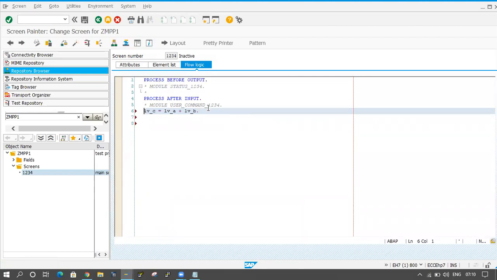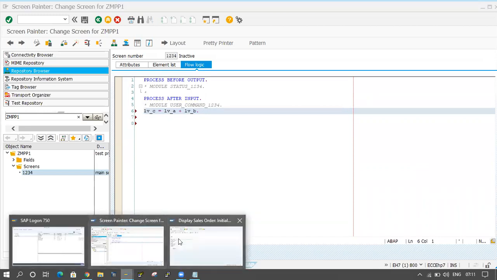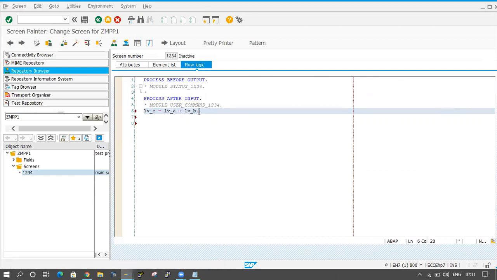If you write the code directly after PAI, in a normal program we can write like that. For example, I will take initialization. After the event I can write the code here: initialization coding I will write, start of selection I will take, and on the next line I can write the code. So I can write the code after that event only, but here it is not possible. If you want to write ABAP code here, then just cut it